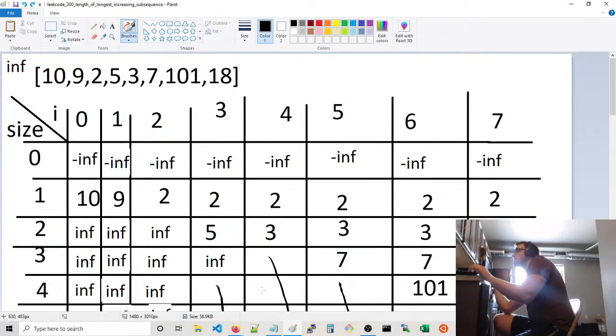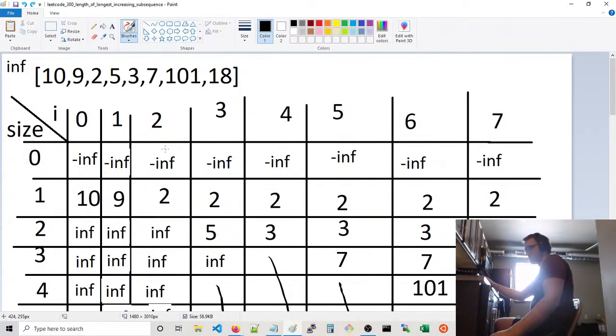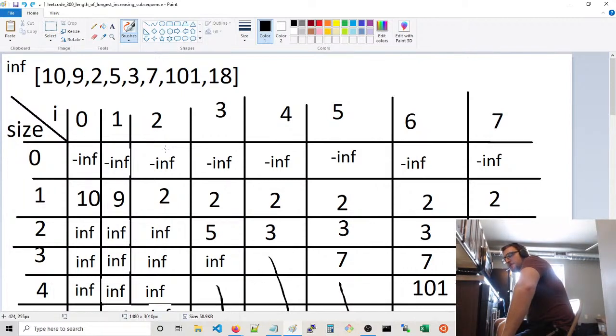And the way that this works, the way that you would explain it, to prove it, is that you basically are keeping information. The invariant at each step is, for every possible subsequence that you've seen up to this point, you know what its size is, and you know the last of all the possible subsequences. You can break it down into sizes, and for each possible size, you know